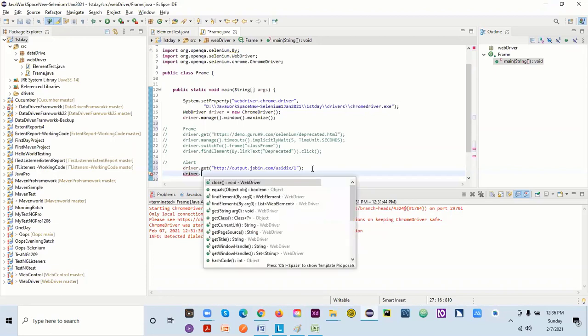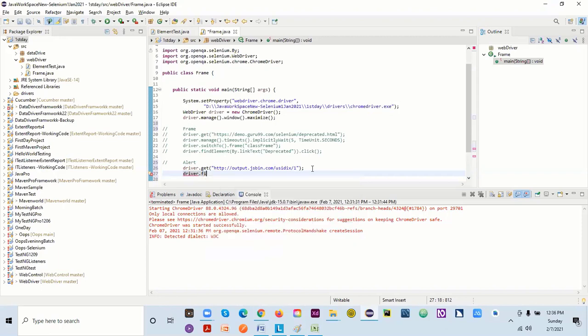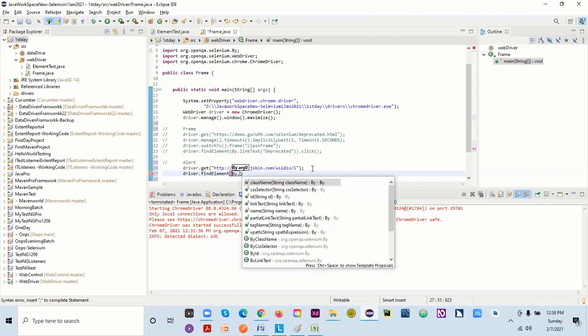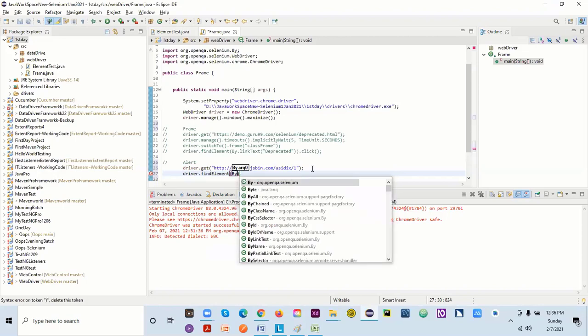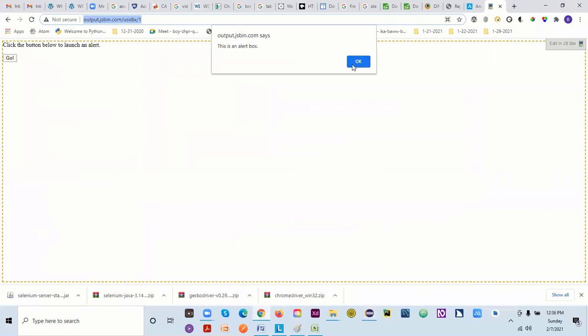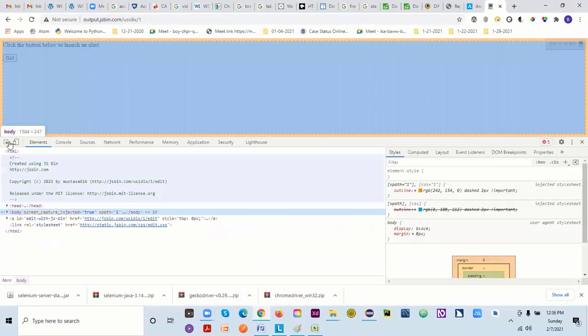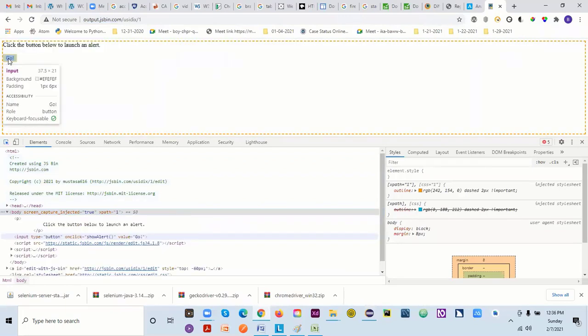So now let's try to find driver dot find. We need a locator. So this is web elements, right? Passing our locator here. So we'll say by dot. This time, let's see what we can do. Let me go to that, first of all, to that button. So how we can find this button actually. So I will just inspect it. I will just click on this arrow. I will go to go.